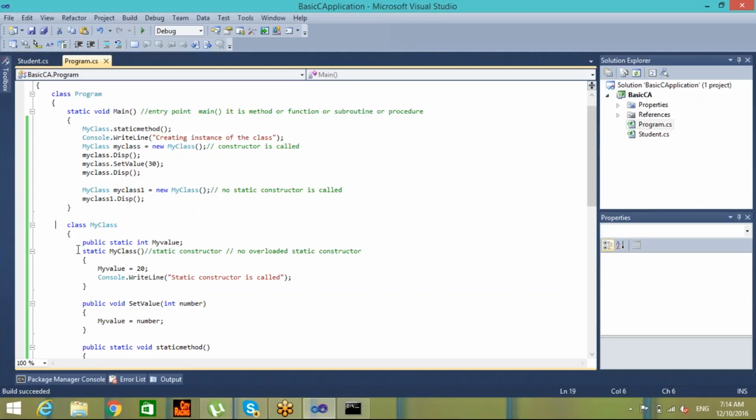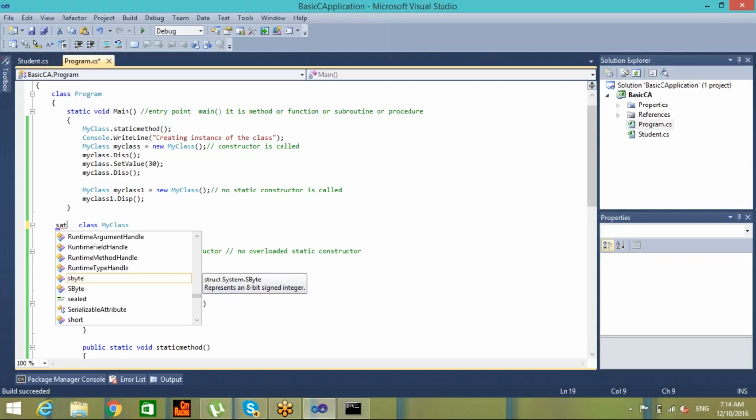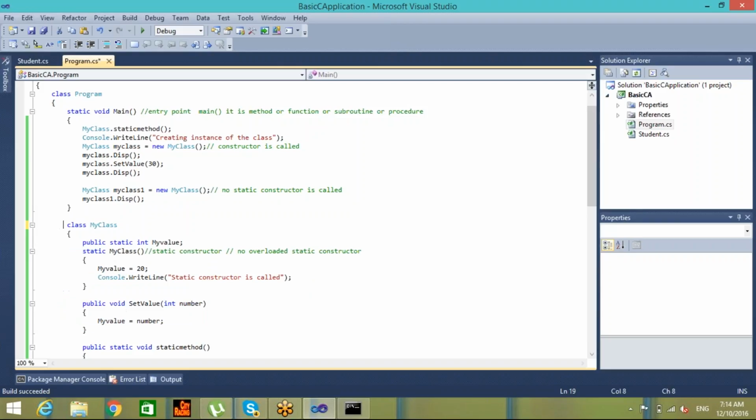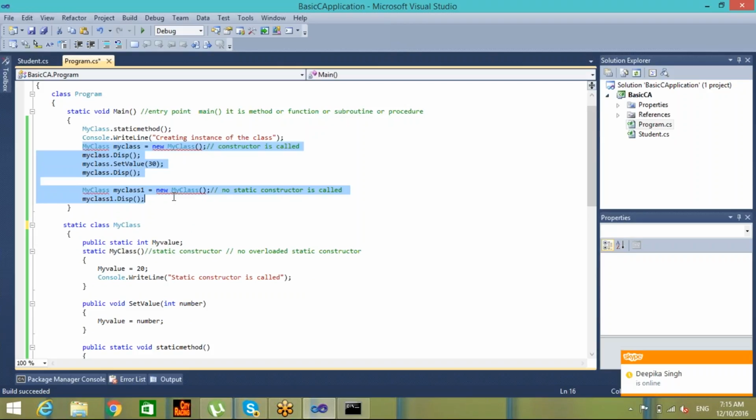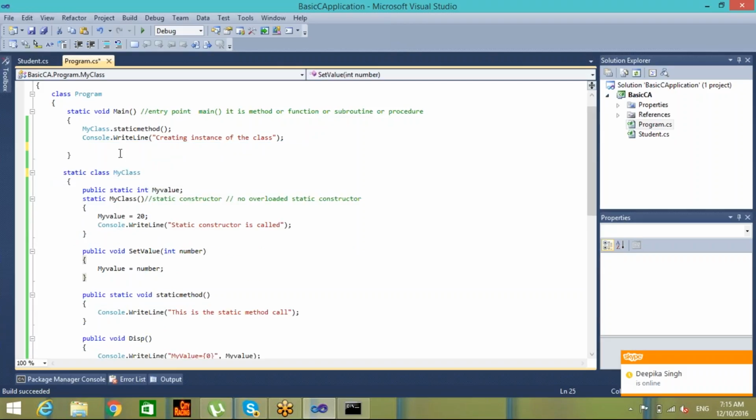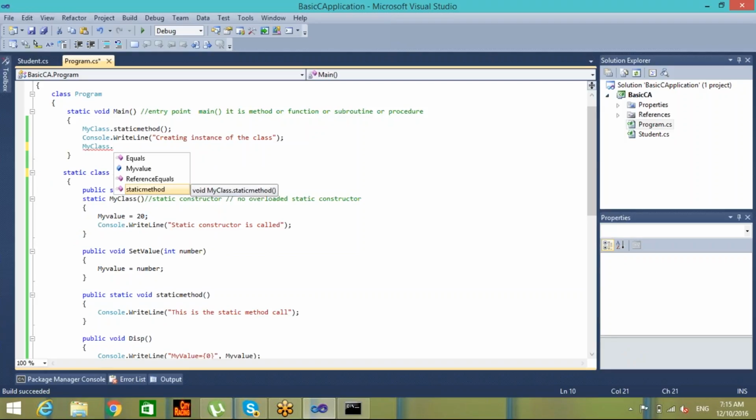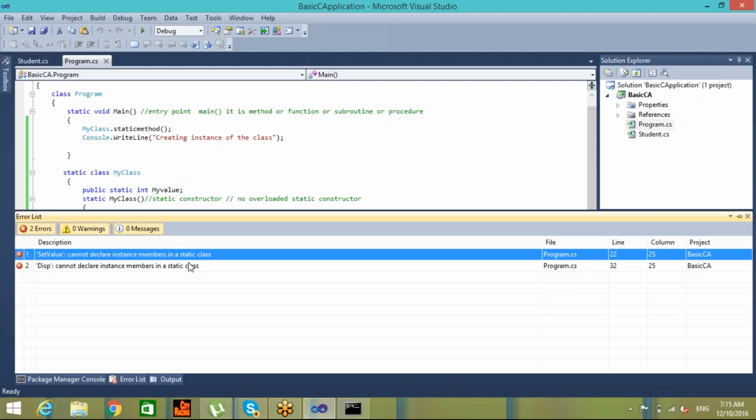So let me make this class static. When you mark this class as static, it starts complaining: cannot declare a variable of static type MyClass, because with a static class you cannot create the objects. So let me remove this code. Okay, now let me see, can I use MyClass.SetValue? No, I cannot use it, because this SetValue is not a static member. Set value cannot be declared as an instance member